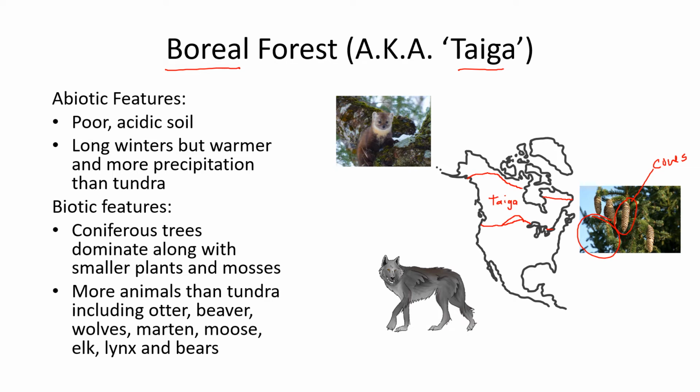If you go up northern Ontario, trees all turn into coniferous trees, and then of course there are creatures that can eat some of that and some of the other plants that grow there seasonally. And you have things like this cute little marten here, gray wolves, and other organisms that can survive under those conditions.